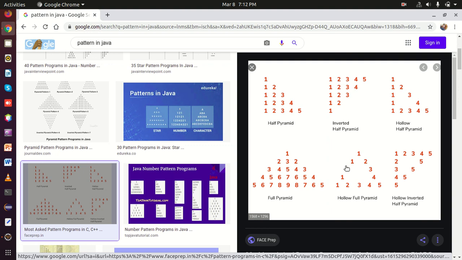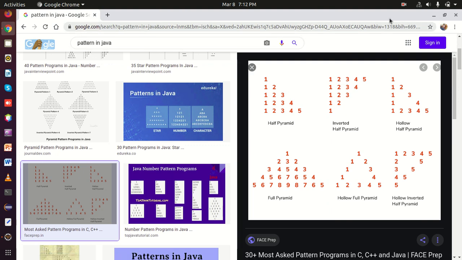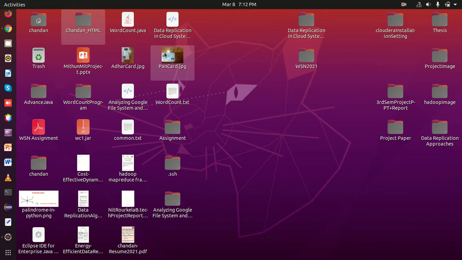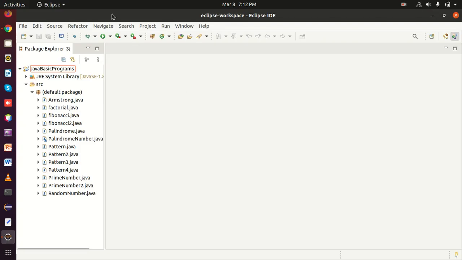Okay, let's see. To minimize the video length, I have already written the pattern program in Java. So I am going to discuss with you all how this code is working.